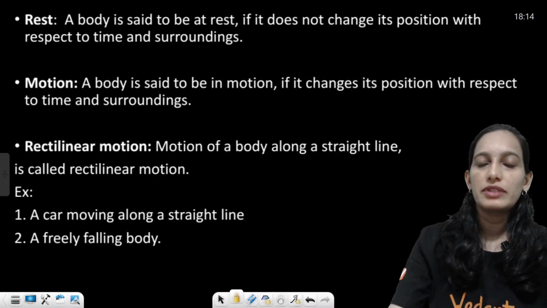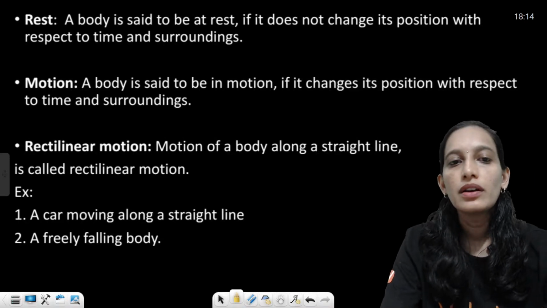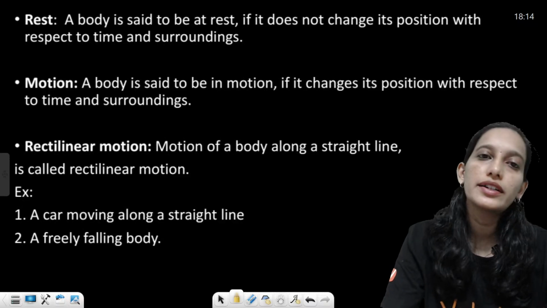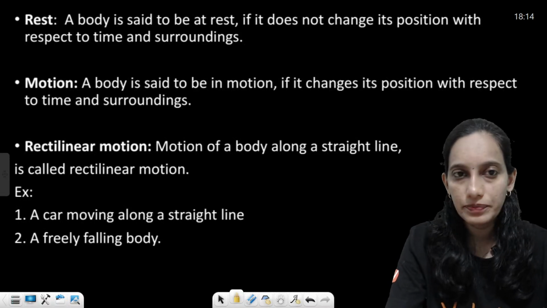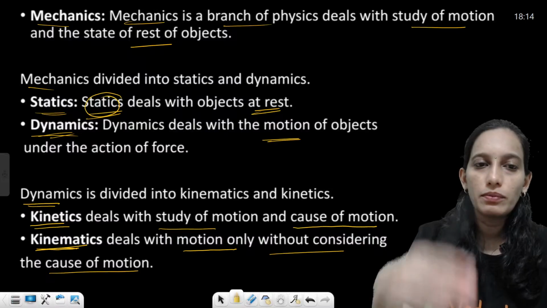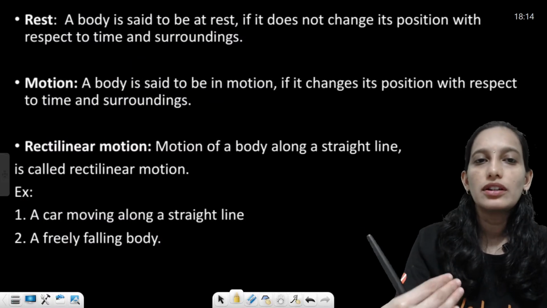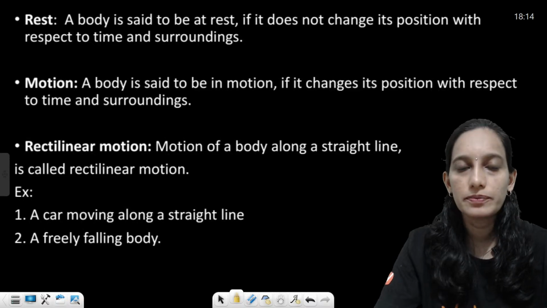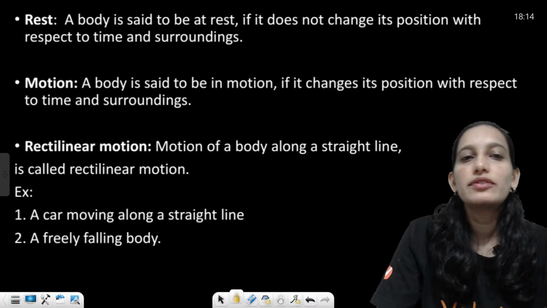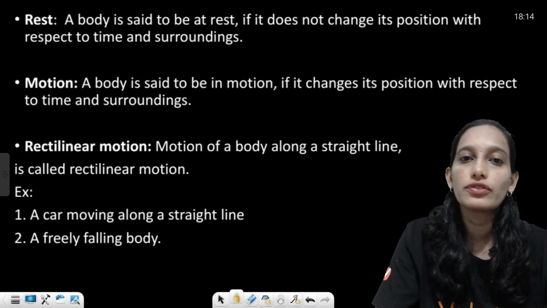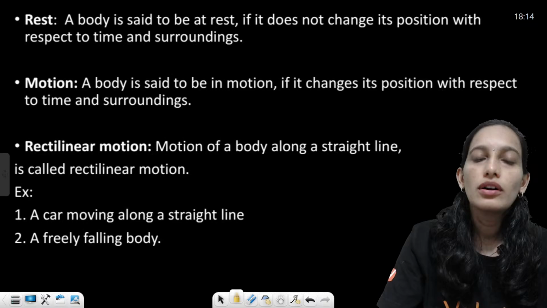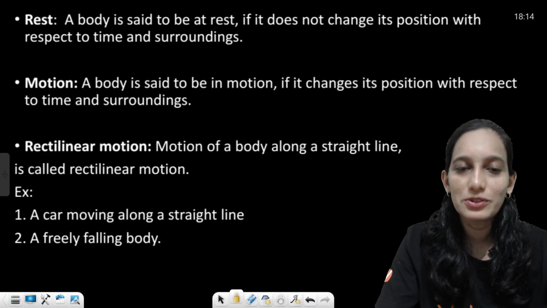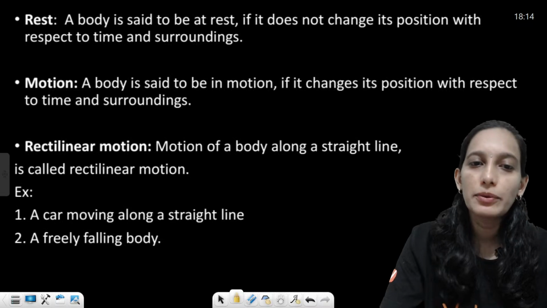The next is, what we are trying to do is learn some new terminologies which are needed to describe motion in one dimension, or generally any type of motion in physics. You need not worry much about all these definitions, but it is good if you are familiar with those words. That way, if someone uses these words in front of you, you should not feel that something new is being told to you that your teacher has not told you earlier. So let us try to improve our vocabulary in terms of physics as well, the words which we'll be frequently using.